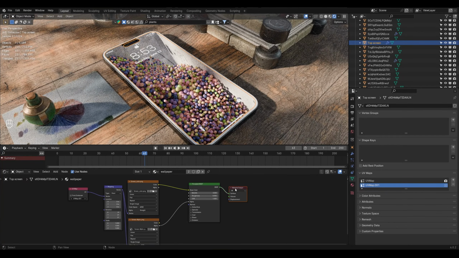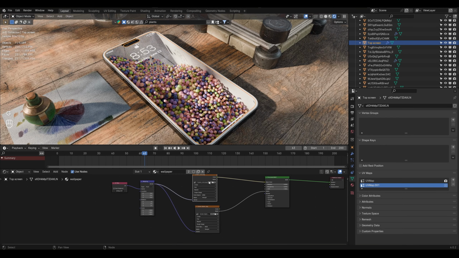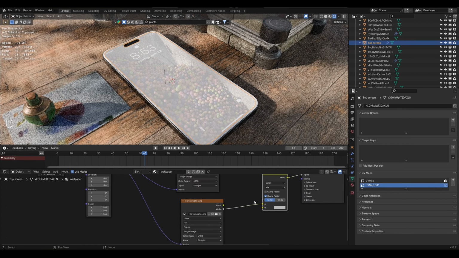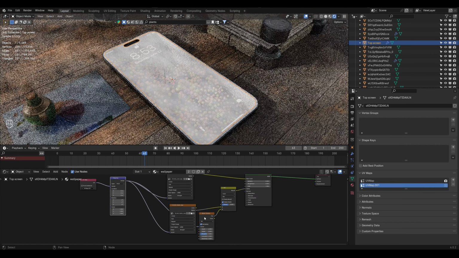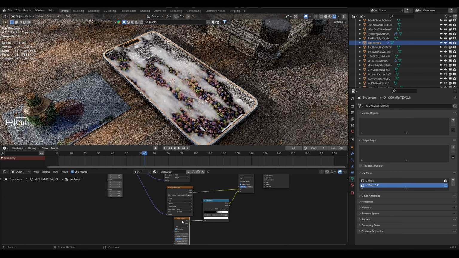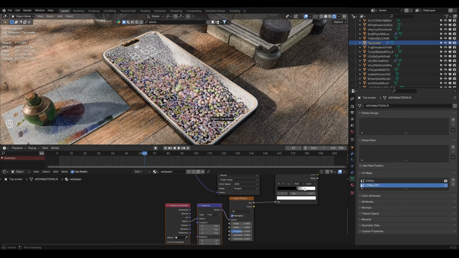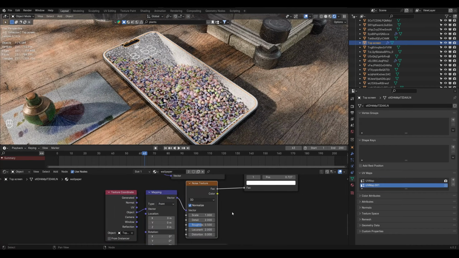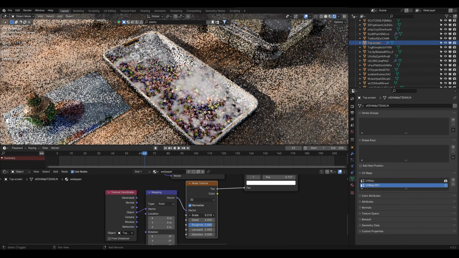And I can also mix these things, like I can mix this alpha. Right now I have only this, so I can also, if I want, just mix this, plug this over here, and here I will use a noise texture, and I can also plug this into this vector, and I can also use the color ramp, and here maybe I can press Ctrl T and choose this as an object, and I will select this object, and here I'll just make it 1, increase the roughness, and just make this slider more down,